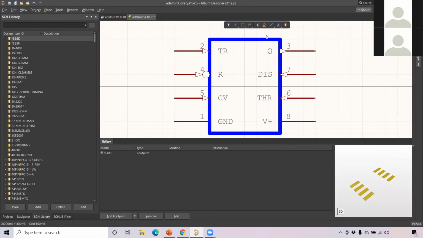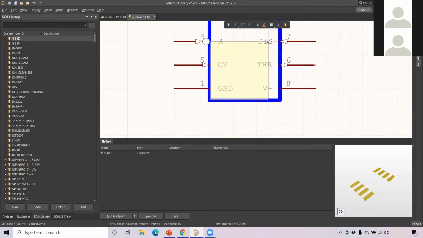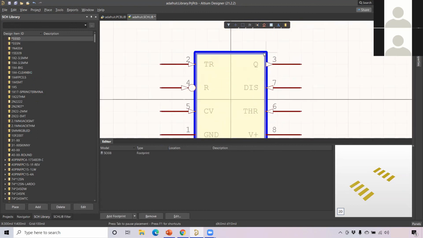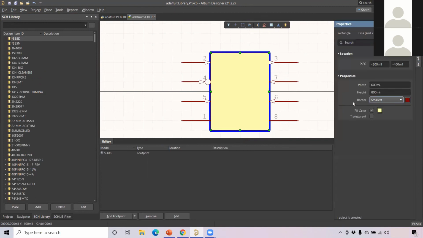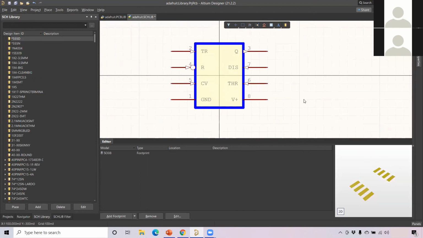Then for Altium, usually we have some yellow color inside when you draw your symbol with the wizard. If you want to have a rectangle inside, you can just place your rectangle here as well. Just place your rectangle, right click. Then if you want to edit the properties of the rectangle, select it, make it transparent, or if you want the fill color, you can do all this. Whatever changes you want to do, you can do for your components.